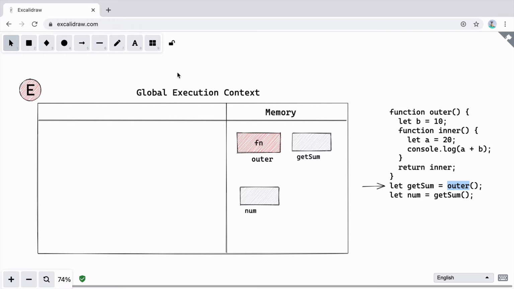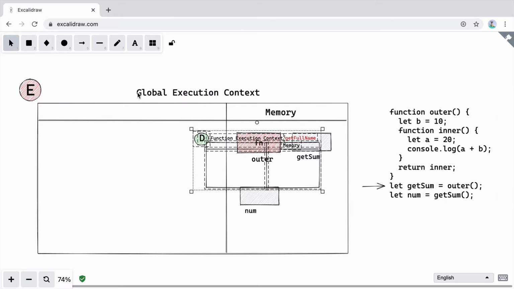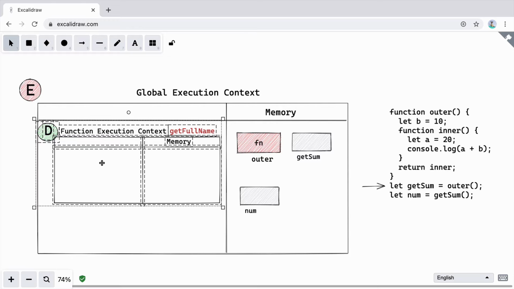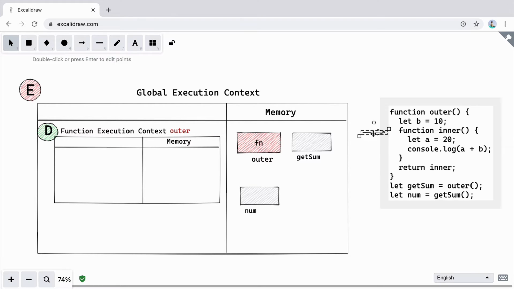So here we are executing a function. What will happen? We'll create a function execution context, and this is the function execution context of outer. Right now it is in declaration phase. On line number 1, inside the function, we see a variable declaration called b. The box is created using let, so we'll not initialize the box. Going forward, we see another function declaration called inner. So we'll create a function here. The name of the function is inner. And at last, there is a return, so it will not be executed in the declaration phase.